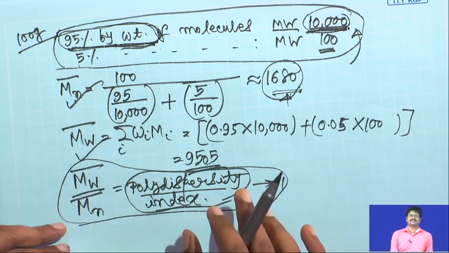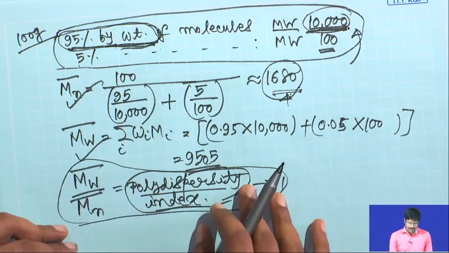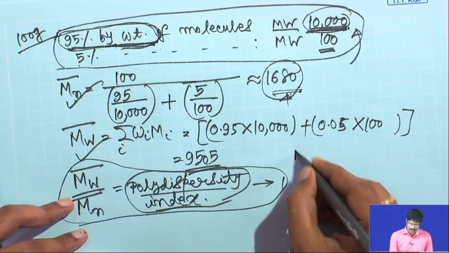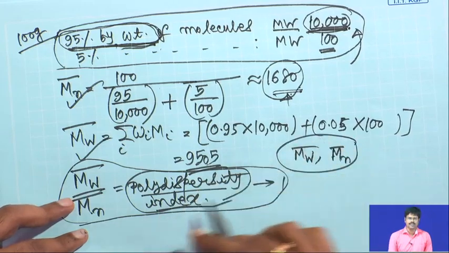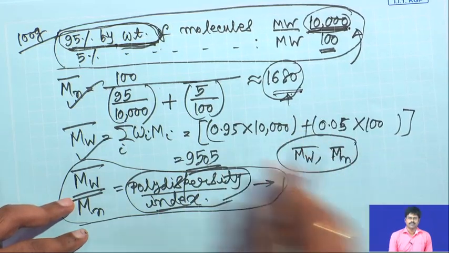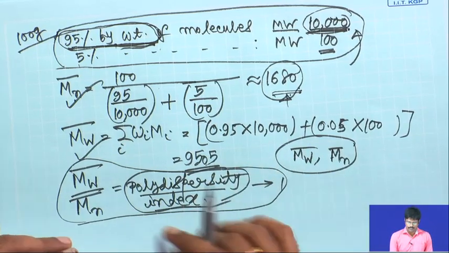So, this gives you an idea about the breadth of the distribution of the molecular weight for your samples. Now the question remains: of course, you can determine Mw, you can determine Mn separately, but how do you know about the distribution, that curve with respect to weight fraction, how the molecular weight changes? How would you know that? One of the processes that I will discuss is